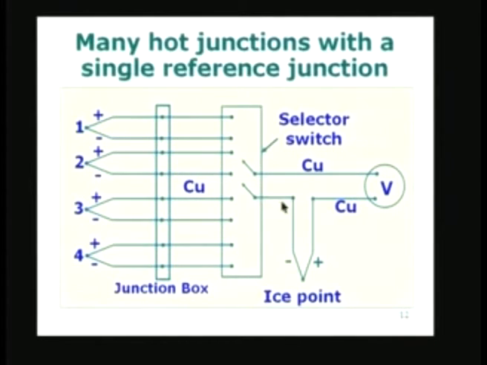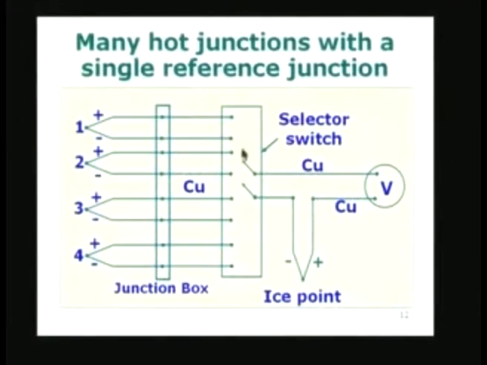Then this is connected to one ice point reference, the minus plus here, again a copper wire and connected to the voltmeter. So, by using the selector switch, usually the selector switch is a very expensive equipment. It consists of a rotary switch, even though it is shown here as a long vertical thing here. Actually, it is usually a rotary switch with 16 or 32 or 64 terminals available for us, and by rotating it I can select these two or these two or these two and so on.